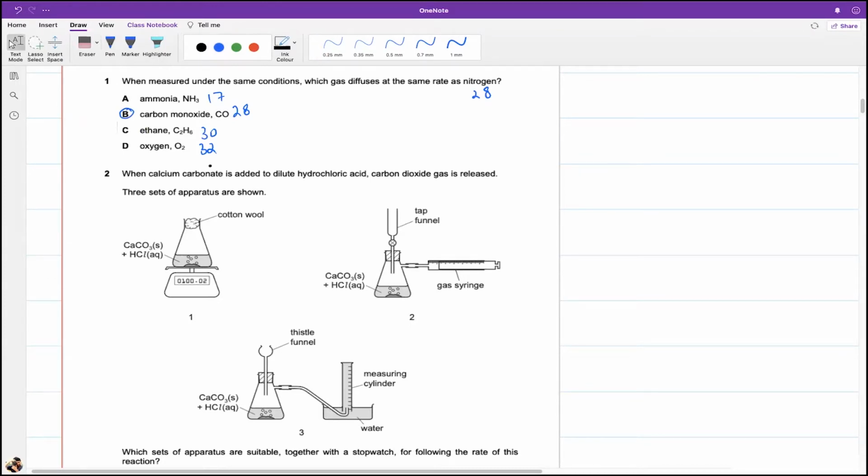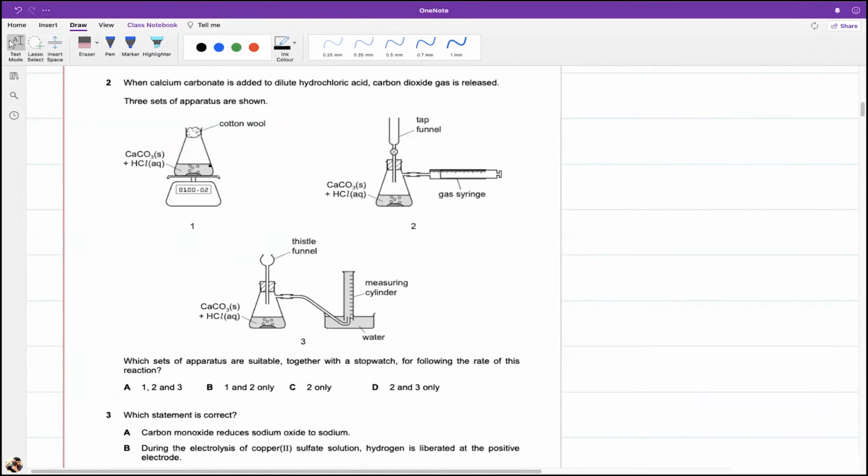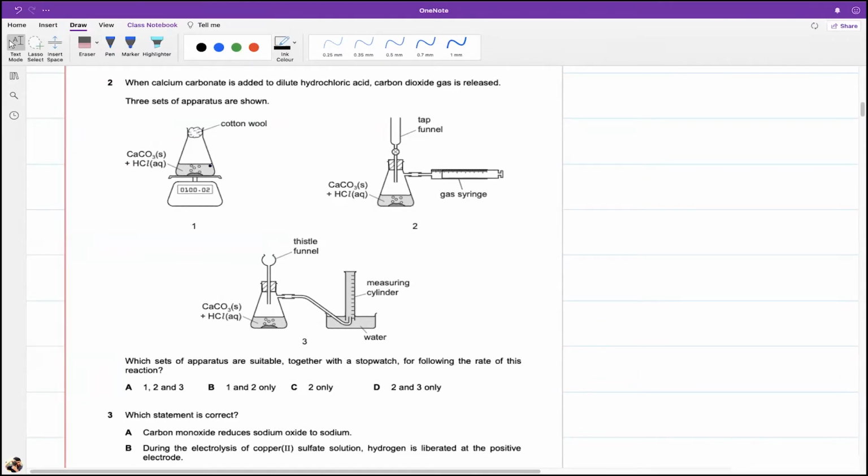rate. All right. When calcium carbonate is added to dilute HCl, carbon dioxide gas is released. That's a classical reaction between acids and carbonates. So what's the best way to measure rate of reaction? For rate of reaction, you have to be able to measure any change that happens. So that change in this case is the mass of carbon dioxide that goes out. So that could be it. It could also be the amount of gas that you've collected. And because we are collecting carbon dioxide, it can also be the amount of carbon dioxide that you have